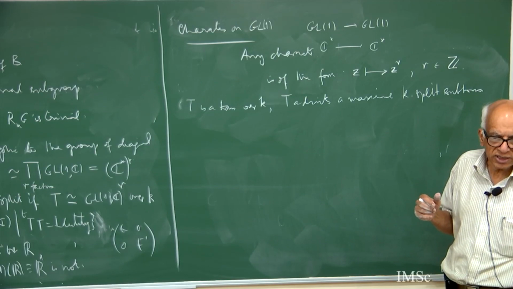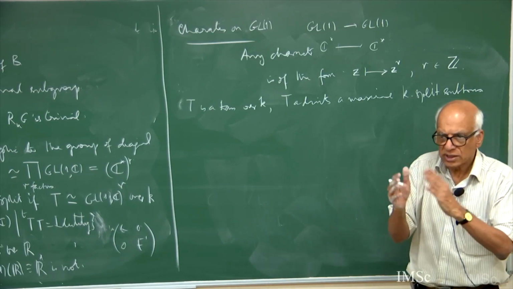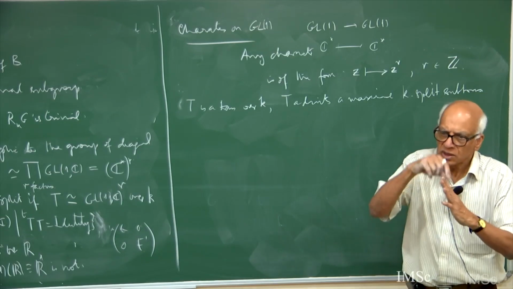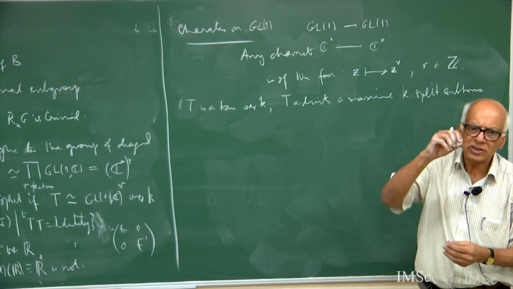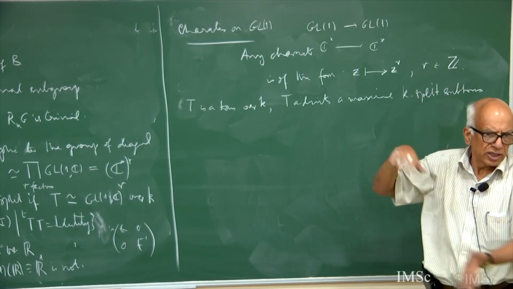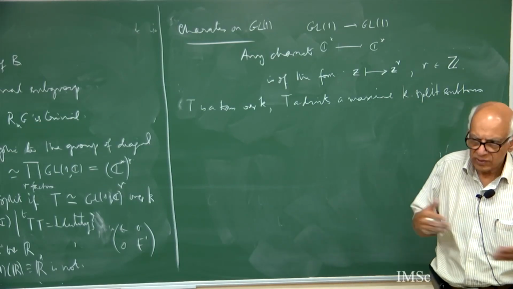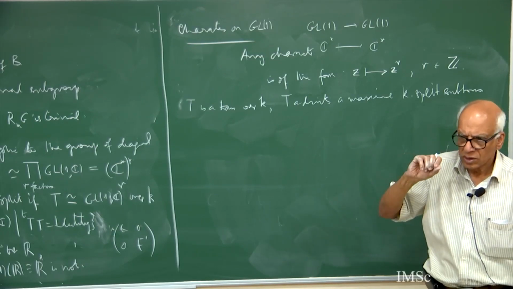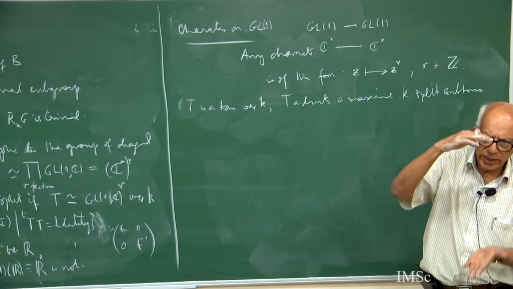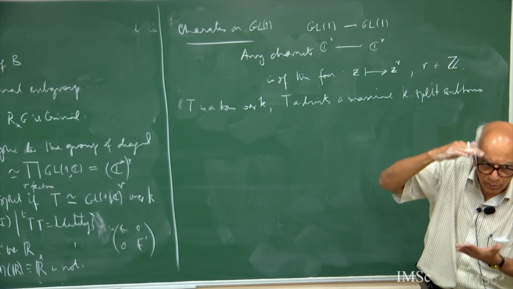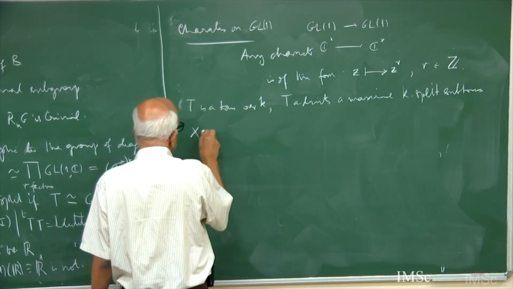Already on T1 there are characters, on T2 also there are characters. If you look at T1 intersection T2, either the two coincide or the common portion will be some torus, and the connected component will have some index. If you raise things to the power, then you get characters on both. Once you get some characters which will distinguish points, well, it requires a little bit more. What you find is you get all characters which belong to a subgroup of finite index in this set of characters. So let me also say here, the group X(T) of characters